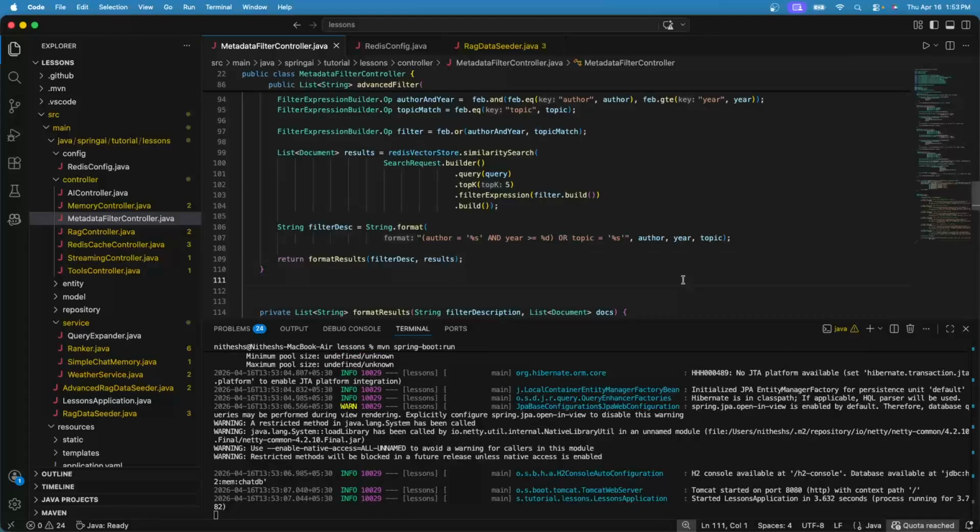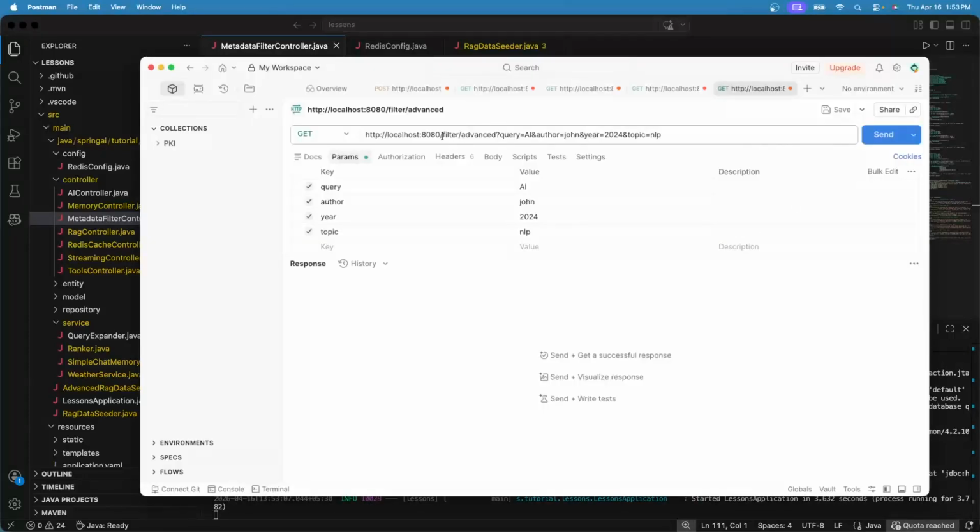Let me bring up Postman, and we are calling the filter advanced API with query AI, author John, year 2024, and topic NLP. Don't confuse this and with the operator. This is the query parameter separator. Now let's look at the documents we have.